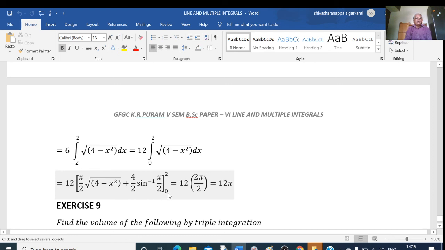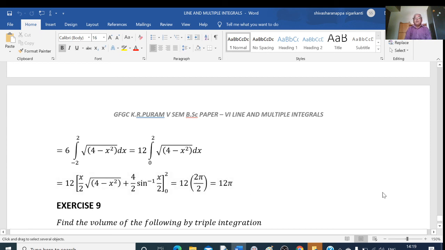If I substitute the lower limit 0 here, as x is there, 0 into this term becomes 0 plus. And if I put x equal to 0, I am getting sine inverse of 0 is 0. So the only thing I am getting in this bracket is 2 into pi by 2. That is 2 pi by 2. In this bracket I am getting just 2 pi by 2. 2 gets cancelled. This is the value equal to 12 into pi. So 12 pi